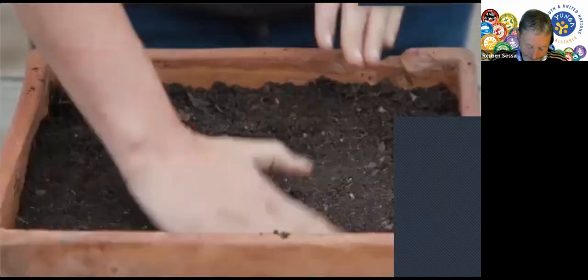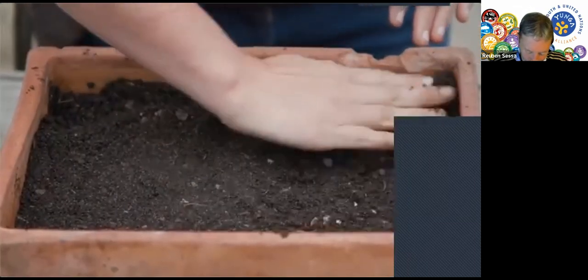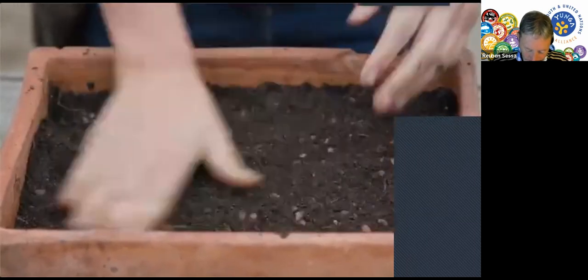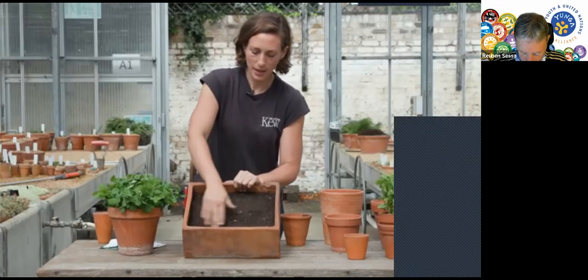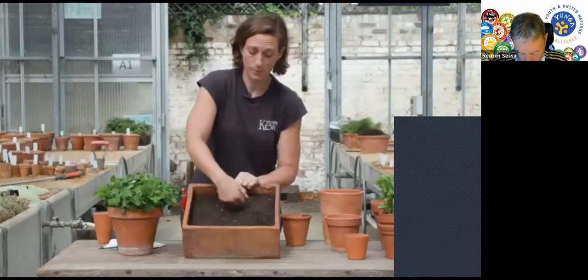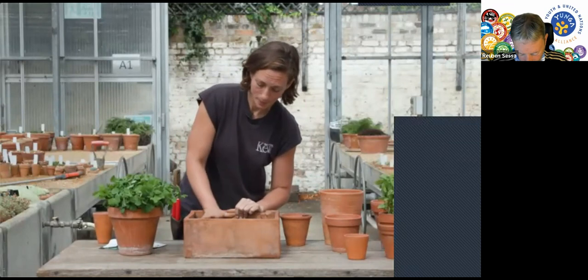So once you've popped it in, press it down or tamp it down just to give yourself a nice smooth surface and make sure there's no big holes in the bottom. So it should look something akin to that. And although you can get fancy tools to do it, your hand is absolutely fine.